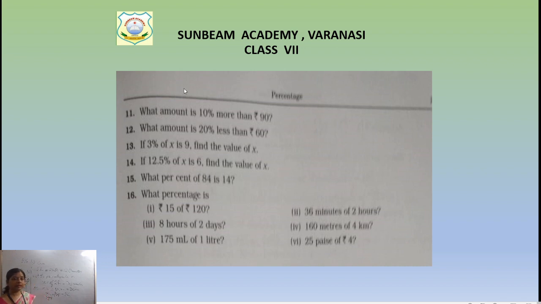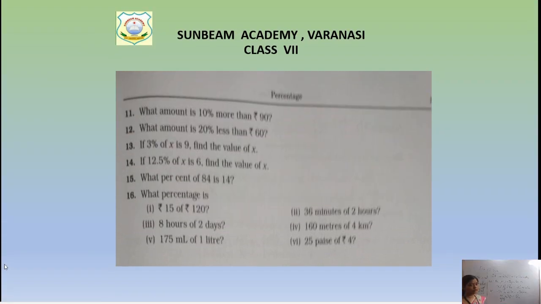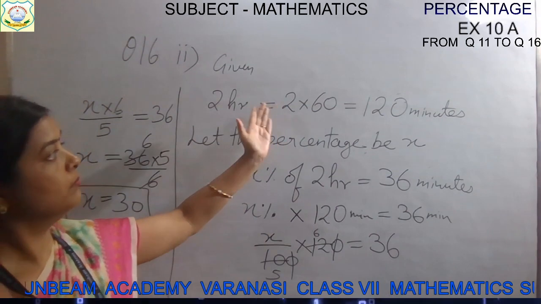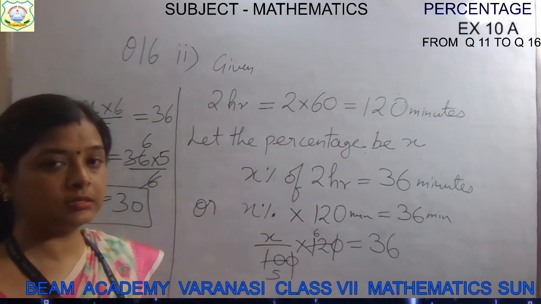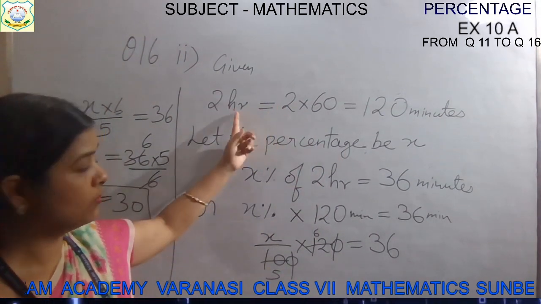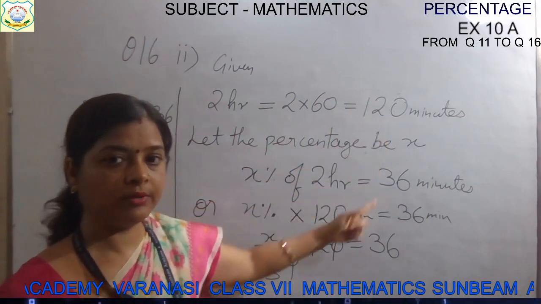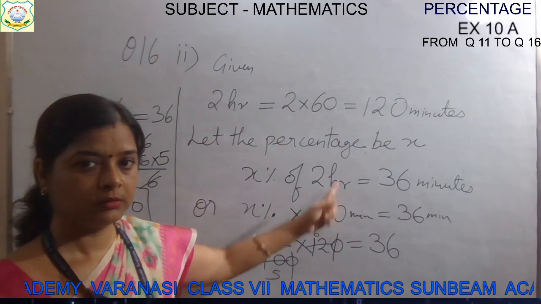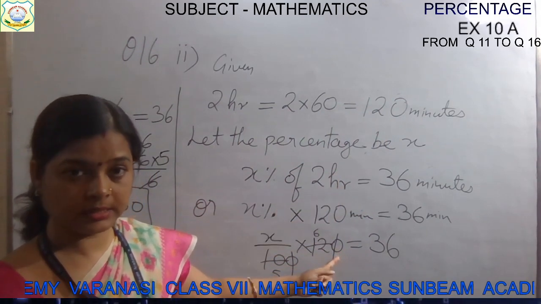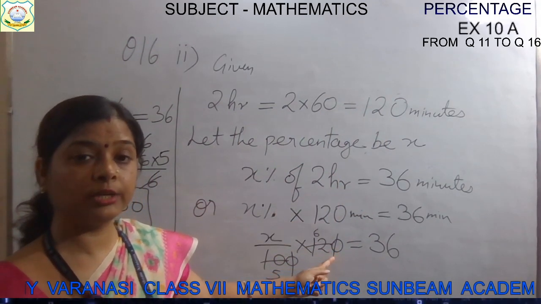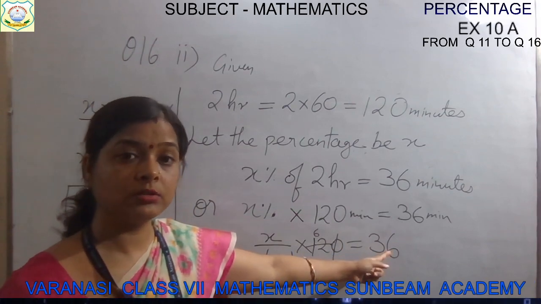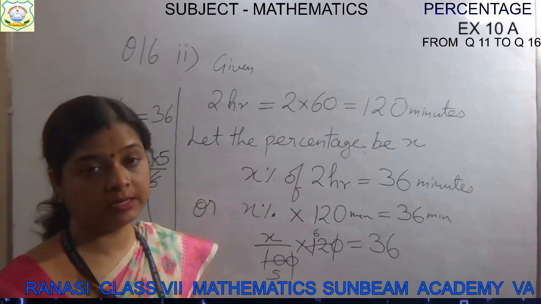It is in meter and kilometer. Earlier we solved a question in minutes and hours, so your ma'am converted hours into minutes and then solved. 2 hours cannot be taken there. It should be converted into minutes, and on that side also it is minutes, then only we can simplify the same units.